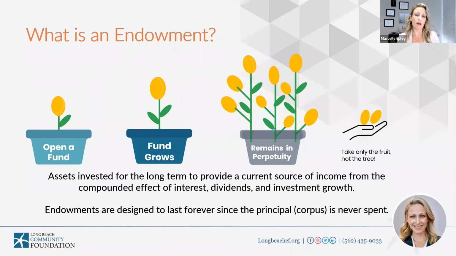And we talk a lot about this because if you were to have $100,000 to give away to charity, if you give it away to them or a group, it's gone and it's spent. But if you have an endowment, it exists forever. And that is a permanent income stream to a very lucky charity or charities. And that's one of our specialties here at the Community Foundation.